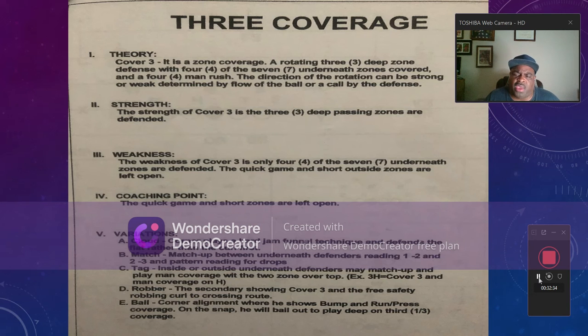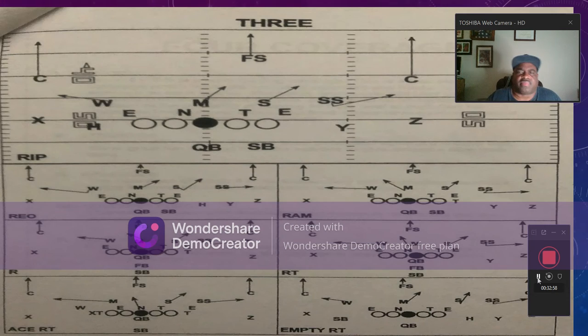Example, H3 equals cover 3. D, robber: the secondary showing cover 3 and the free safety is robbing the curl and the crossing routes. B, corner alignments where he shows bump and run and press coverage on the snap. He will bail out to play deep third. Okay, that's cover 3. Take a good look at it and all the different offenses